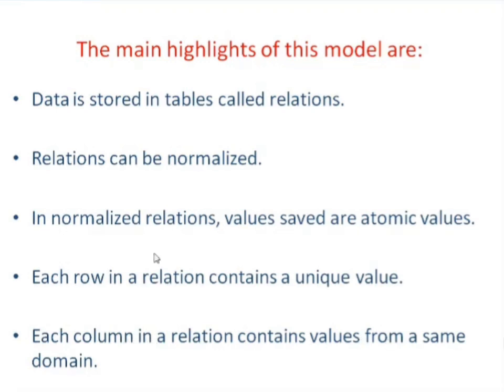For example, when you are giving a department number, we have already mentioned in some other table that department numbers are 1, 2, 3, 4: 1 for physics, 2 for chemistry, 3 for mathematics, 4 for computer science. So what is your domain? 1 to 4. In the column, you are supposed to write either 1, 2, 3 or 4. You cannot mention 5 because there is nothing like 5. So in most cases, each column in a relation contains values from the same domain.